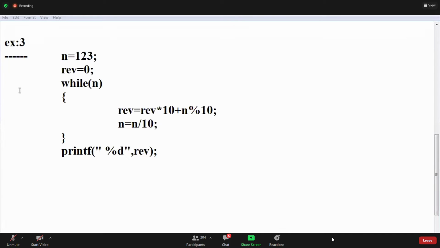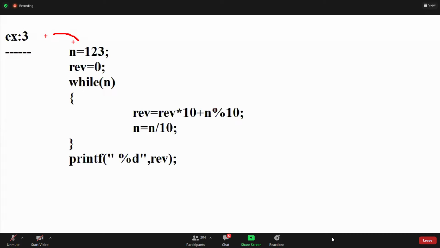First n is 123, guys. Reverse is 0. Now n value is 123. Reverse equals reverse into 10 plus first remainder, which is 3.